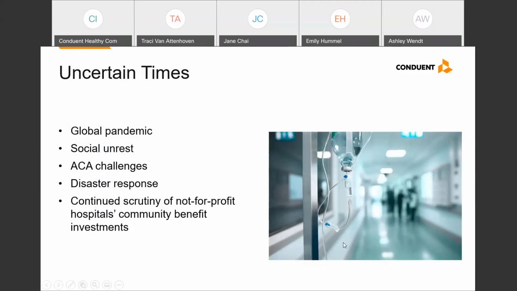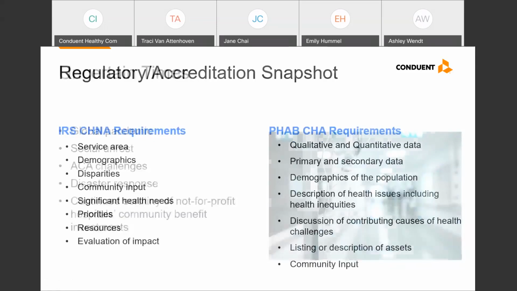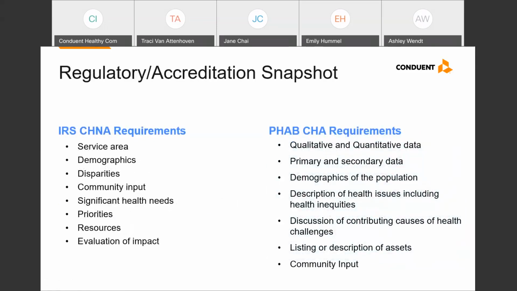And for public health, we still find ourselves focused on PHAB accreditation standards. As we get started, for the hospital and public health representatives on the call today, we have a nice mix, so we thought we'd show the IRS CHNA requirements side by side with the PHAB community health assessment requirements so that you can see the similarities in these two areas.